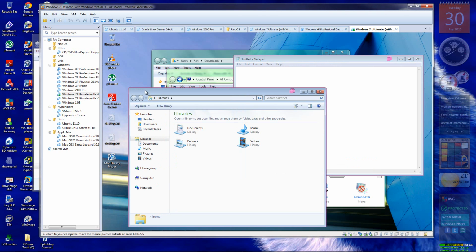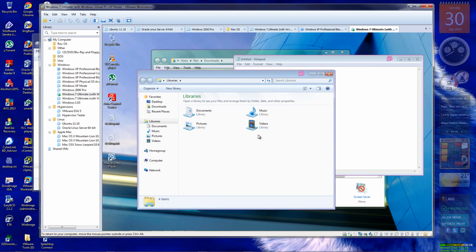So it appears to me that if you've got a nested virtual machine in Unity,